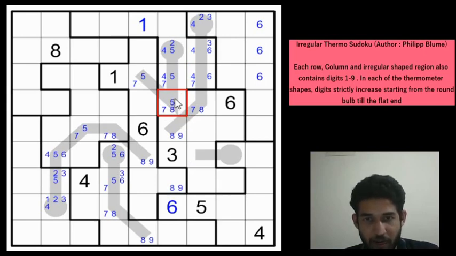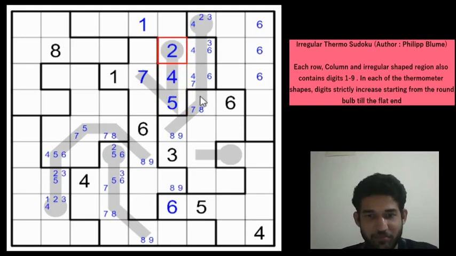And now the minimum value in this cell becomes 5. So this would have to be a 7, right? There is no other possibility, because if you have a 5 here, the thermometer will lead to a contradiction. So this will be a 7, and this can't be a 7 or 8 now, because digits don't repeat in a thermo and they have to be strictly increasing starting from the bulb. So this would be a 5 now, and which gives a 4 here and which gives a 2 here. Beautiful. Really fun to solve such Sudokus.